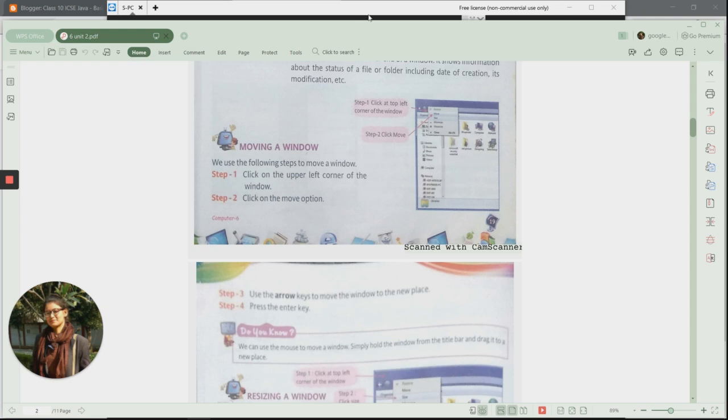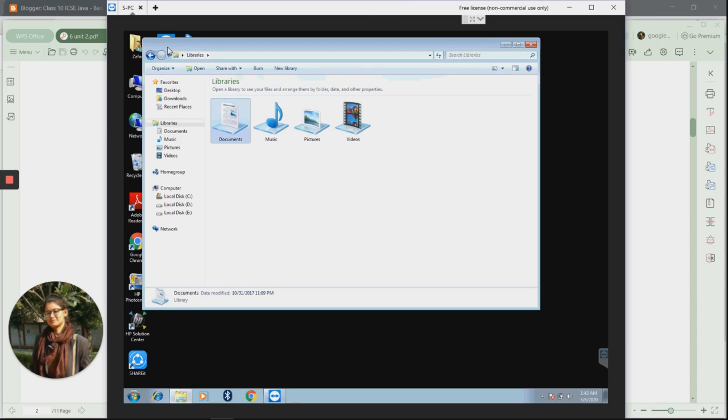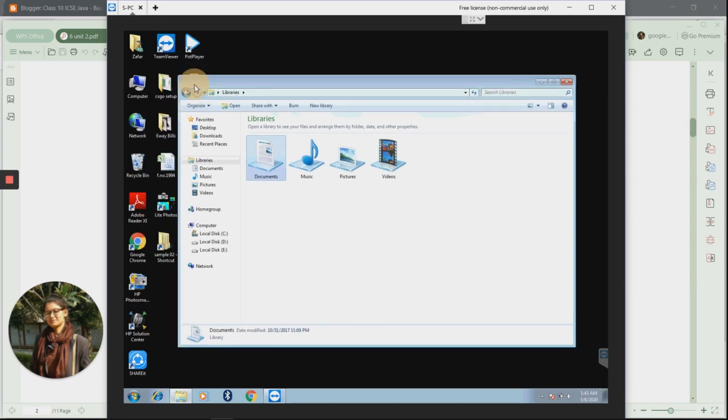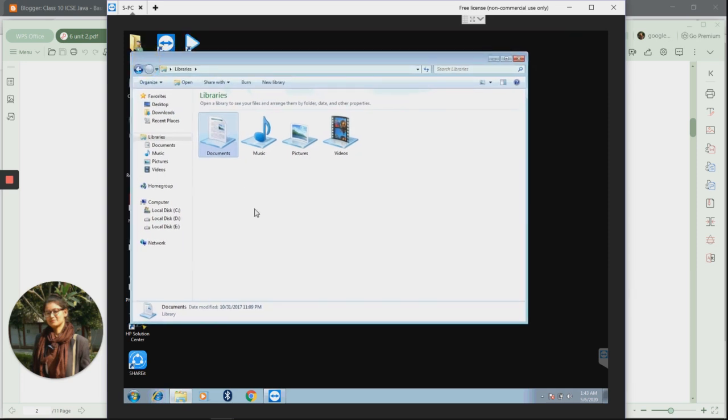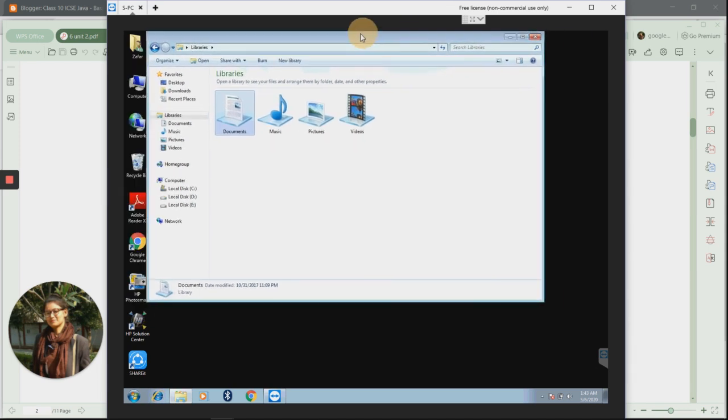Now see the practical view. Over here, you have to right click there, then you will get the second option, that is Move. Click that and you will get an arrow. Now with the help of the arrow, you move the window. Or you don't need to right click; you can just click anywhere on the upper portion with your mouse and drag